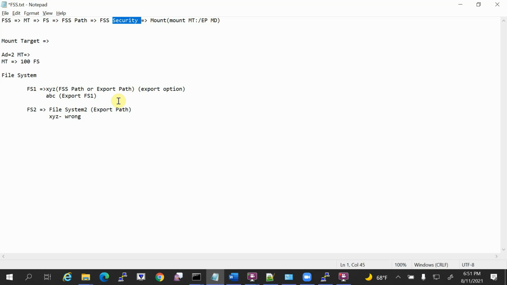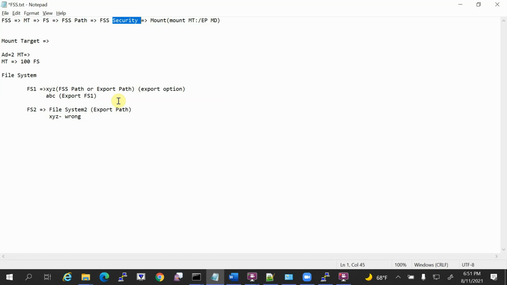In most regions you have 3 availability domains, so maximum you can create 6 mount targets. In each mount target you can create file systems. As I told you, till last month the restriction was 100. Each file system can be referred to by more than one export path, but each export path should be associated with only one file system.